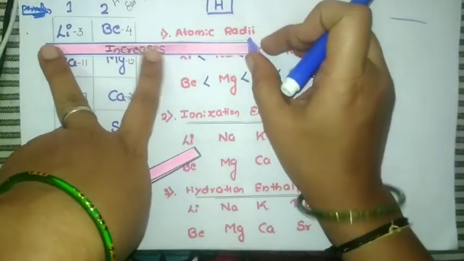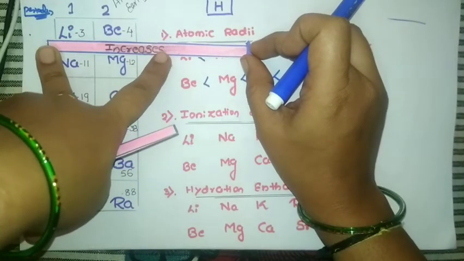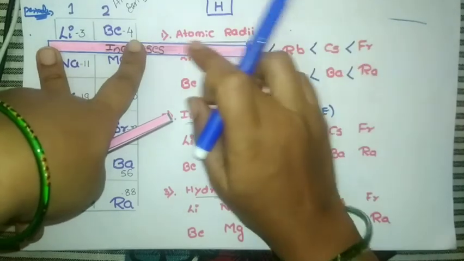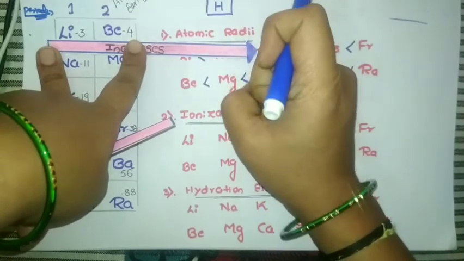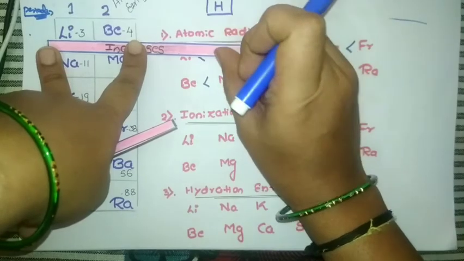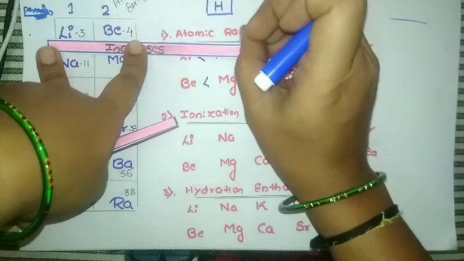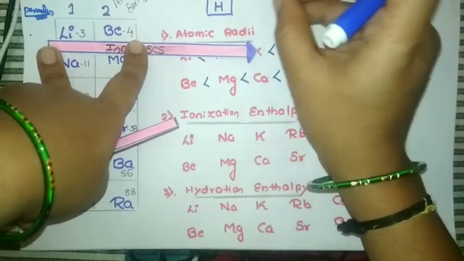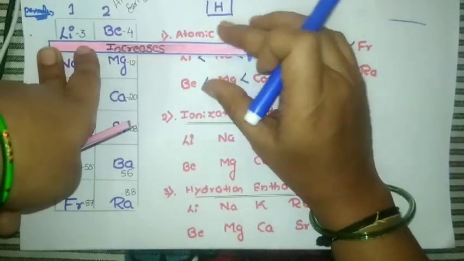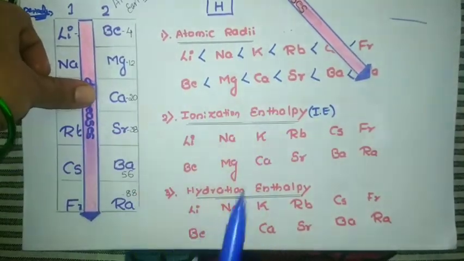Similarly, as we go along a period, the ionization energy goes on increasing. It's because, as I told, along a period the atomic radius decreases and the size decreases. If the size is small, then the effective nuclear charge is more. The nucleus will hold the outermost electron strongly, so it is difficult to remove the outermost electron, and we need to spend more energy. So along a period the ionization energy increases, and down the group the ionization energy goes on decreasing.